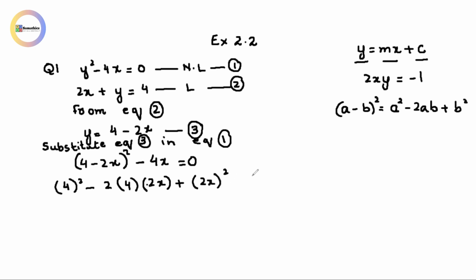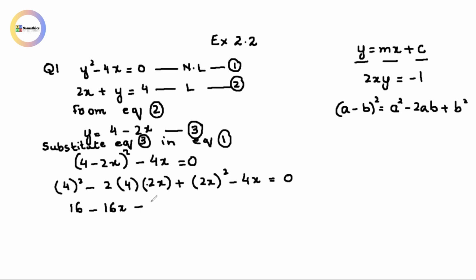Minus 4x is equal to 0. You can do this step directly as well, which I'm doing right now. 4 square is 16, you can write directly 16. Minus, you will multiply these two terms by 2. So we have 2 4s are 8, 8 2s are 16, 16x